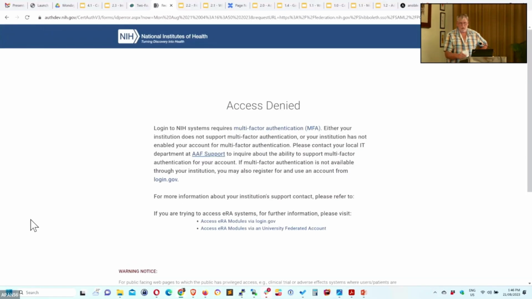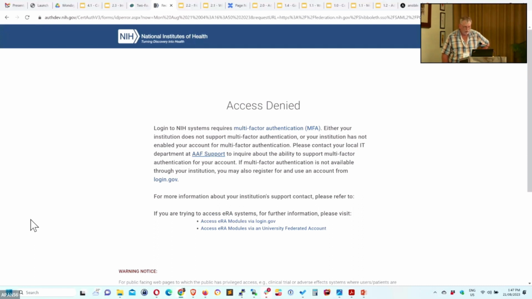And off it goes. It's now asking my IDP, can we do a multi-factor authentication? And I saw my IDP pop up, but it didn't pop up with a username. It just said, oh, I can't do that. I'm going to send an error back to the service provider. And now this is the NIH's message to users who can't authenticate using multi-factor because my IDP hasn't got the